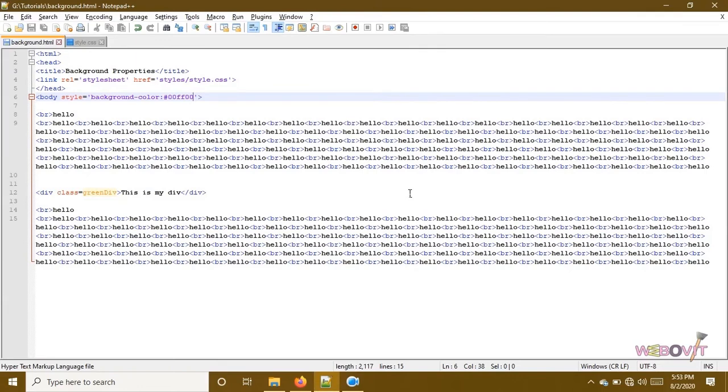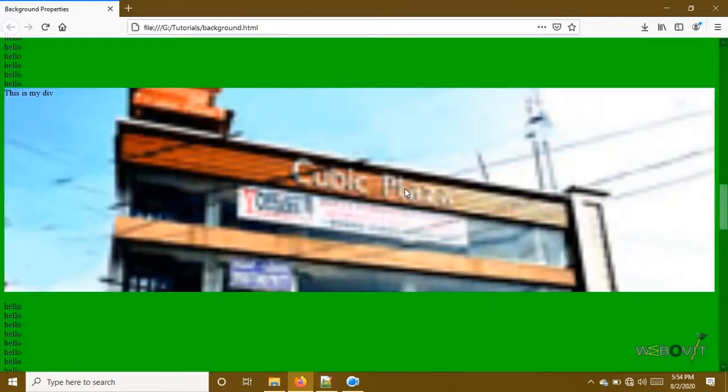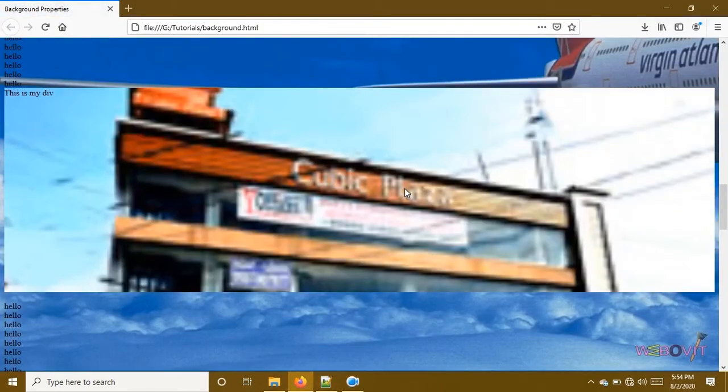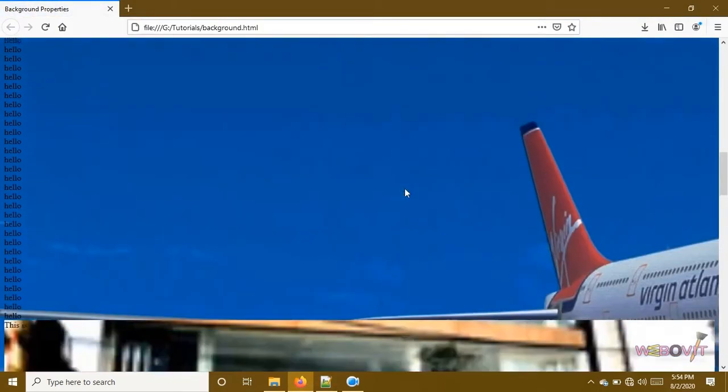So now instead of applying background color, we will use the background image property. Background image URL, insert the images folder / and we have Virgin Atlantic .jpg. Okay, so now for my background, we are having a background image Virgin Atlantic.